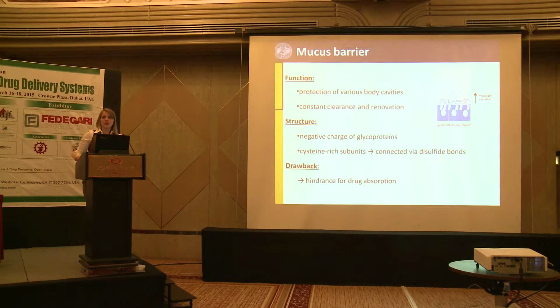This mechanism is also a challenge for us when we try to develop novel formulations, because drugs have to permeate this mucus layer. The mucus barrier consists of negatively charged glycoproteins that have distinguished subunits that are connected by disulfide bonds. So we have, first of all, this mucus barrier that has to be overcome, and there are other aspects that we need to take into consideration when we try to formulate proper